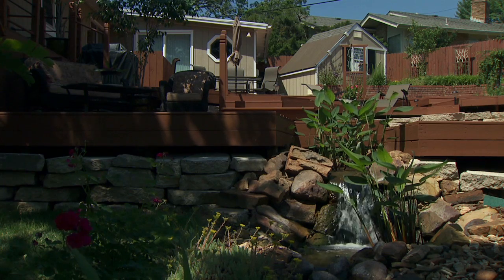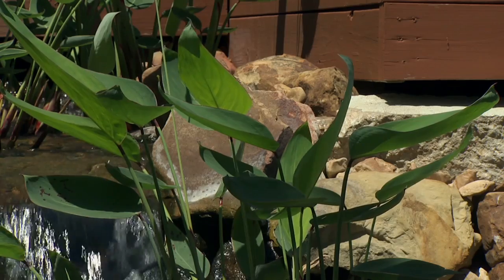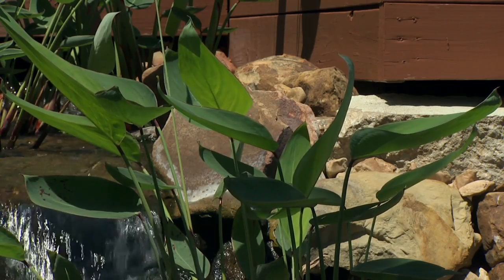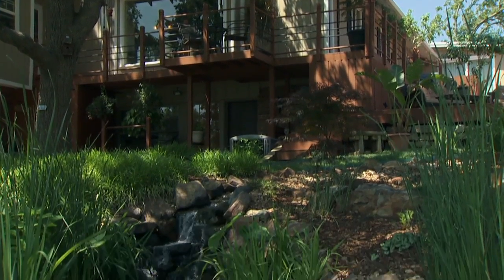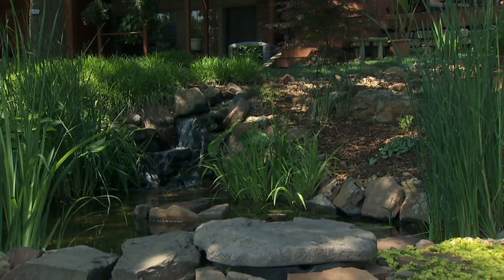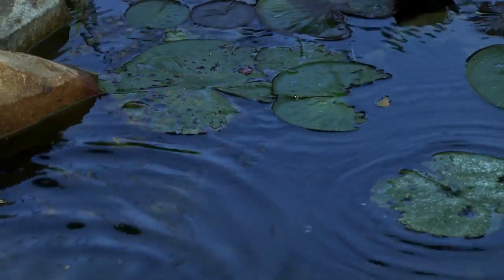And we have a skimmer filter and a biological filter. We keep the beneficial bacteria levels up so that they fight against the algae, and that's why you don't see any, because they're up. And the skimmer filters get cleaned every day so the nitrite levels stay down. So what you see is a pond that supports fish, supports